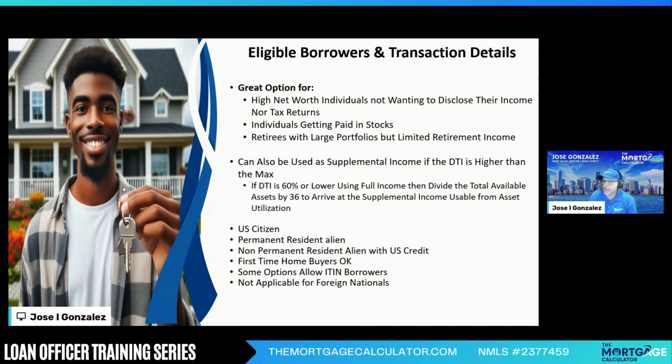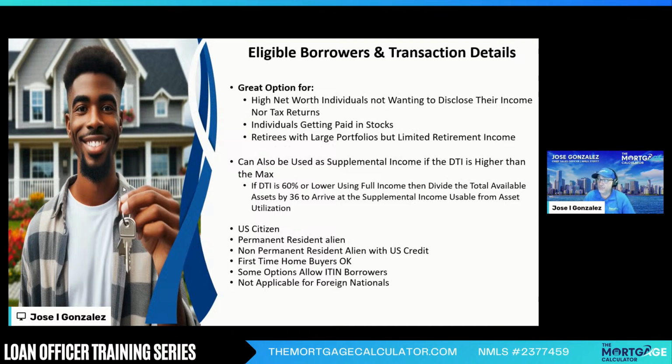They may have a lot of money. They may not want you to know their trade secrets, who their LLCs are, and all that other kind of stuff. So they may just want to say, hey, here's my assets, qualify me based on that, because everybody else is on an as-needed-to-know basis on my personal finances. So as long as they're willing to accept whatever structure is for the asset utilization loan,